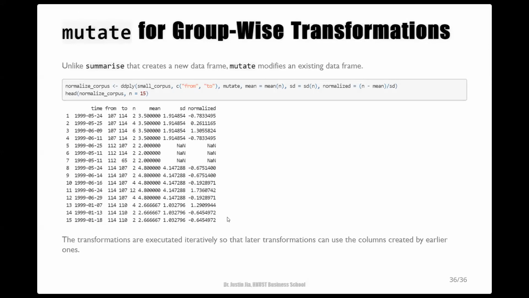All right, that's all I want to introduce about the plyr package. Actually, the plyr package is a very easy to use package for data wrangling, and you are highly encouraged to explore it in your spare time. And next time, we'll introduce several more sophisticated data wrangling packages belonging to the so-called tidyverse collection.